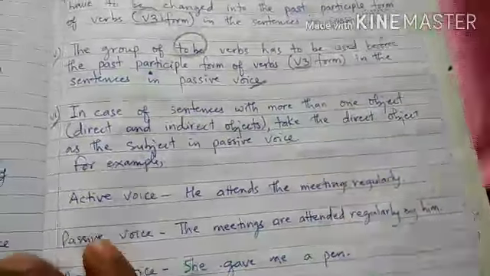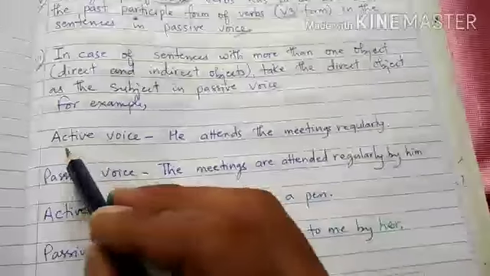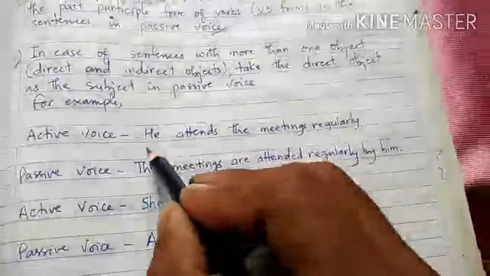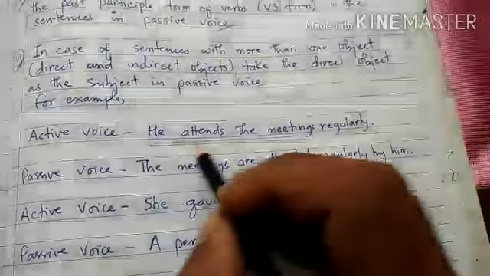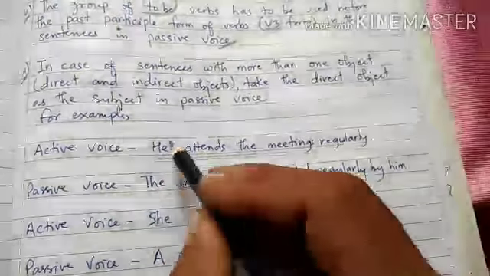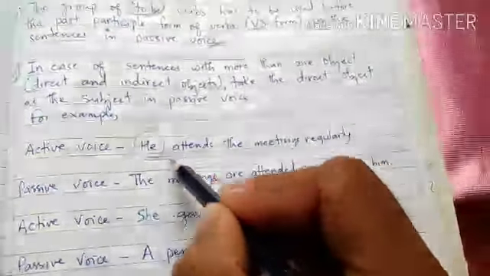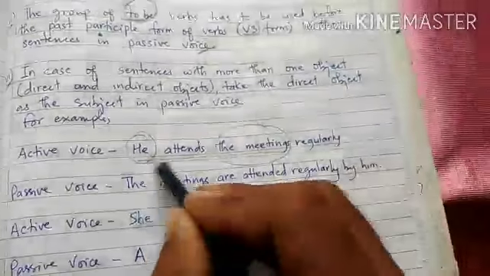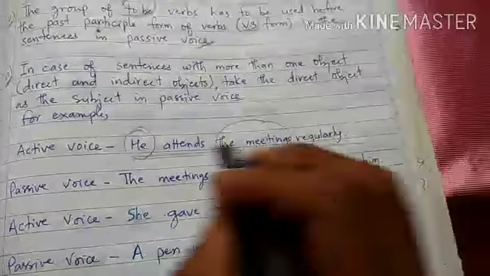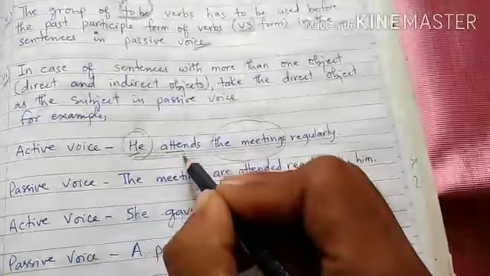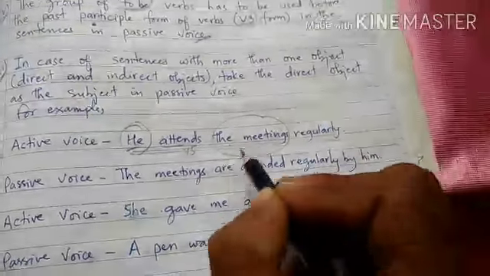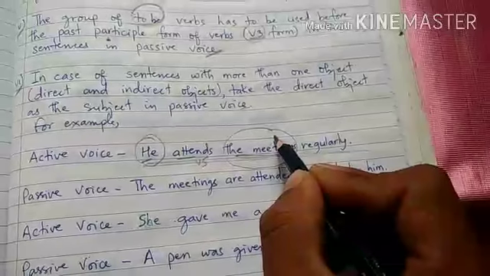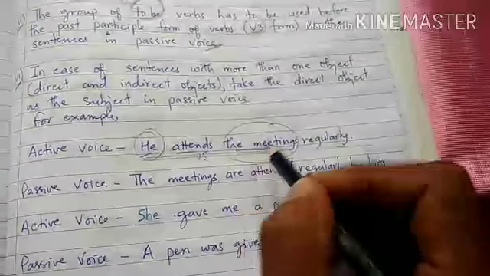Okay, so now let us understand with the help of this example. Active voice: He attends the meeting regularly. So this is in simple present tense. Now what is the subject here? He. What is the object here? The meetings. So he attends the meeting regularly. So he singular है, so attends B5 है, simple present tense में है. So the object क्या है? The meetings है. So now when we change this sentence in active voice into passive voice, we have to first